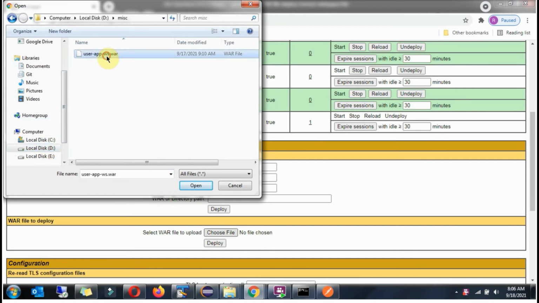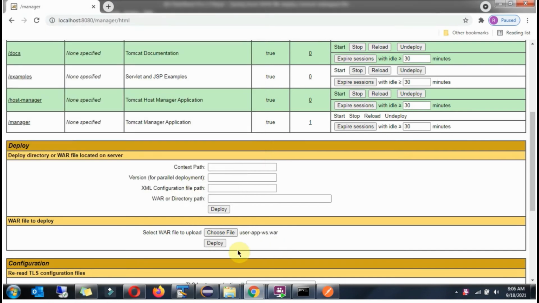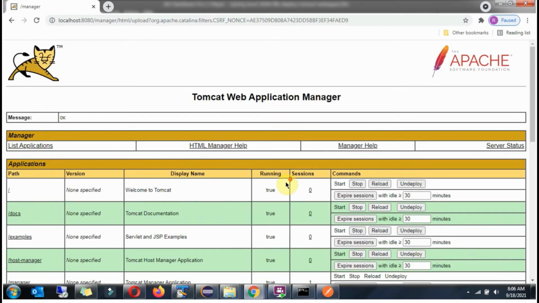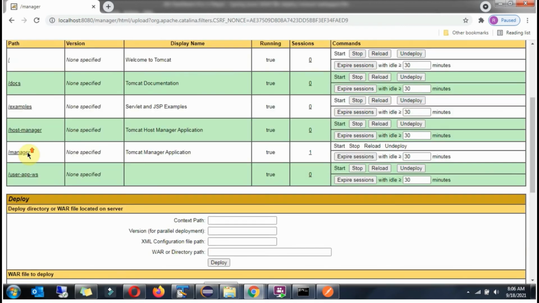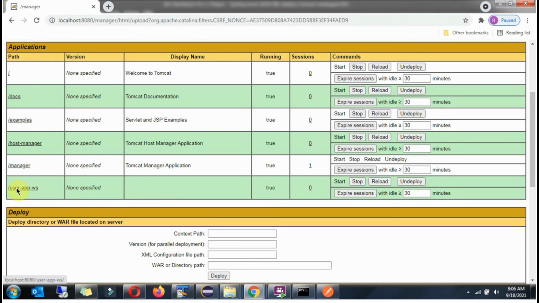Select this WAR file. Click on deploy. And here you can see the application is deployed successfully. You can see the path user-app-ws, and it is successfully started.